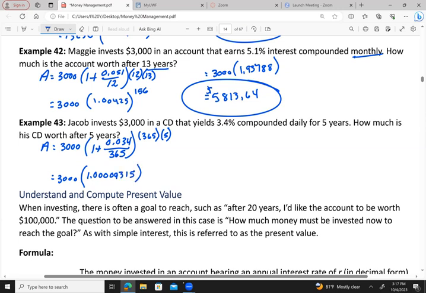And then 365 times 5 is 1,825. So again, we go 1.00009315 to the 1,825th power, which gives me